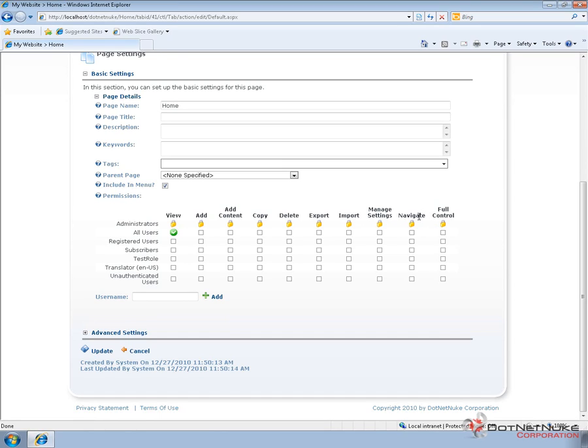in the navigation. This is different than the view permissions, so you can actually give someone navigate permissions, which would then show the page in the navigation. But if they don't have view permissions, they wouldn't be able to view the content on the page. And then full control, like I said, full control is essentially the same as the edit option in the Community